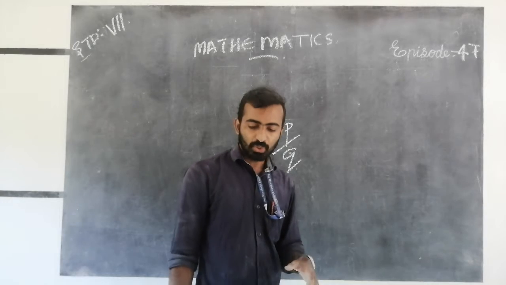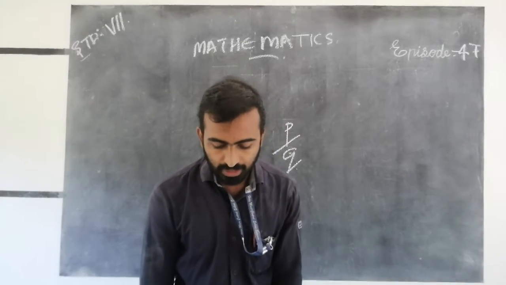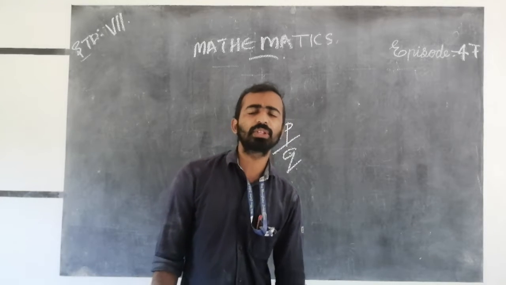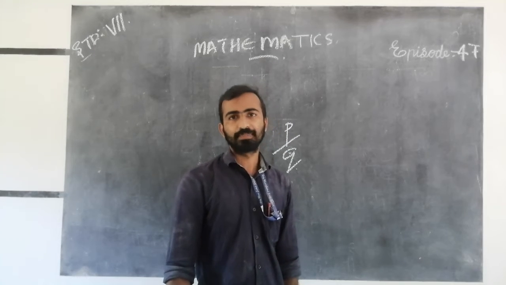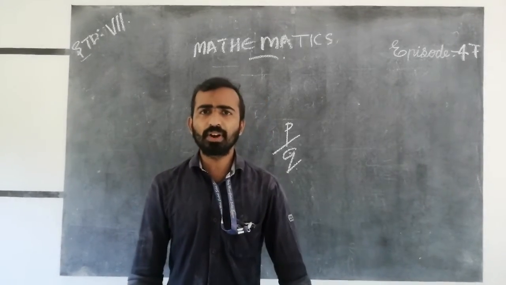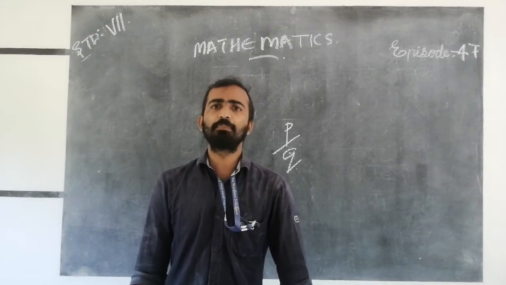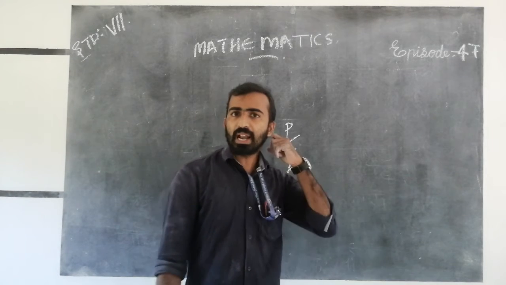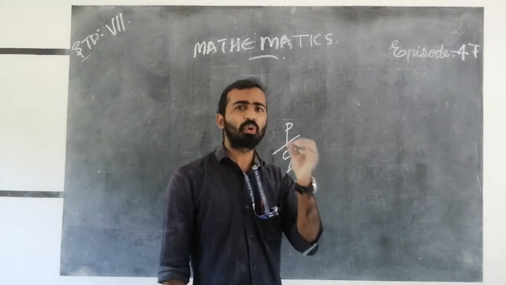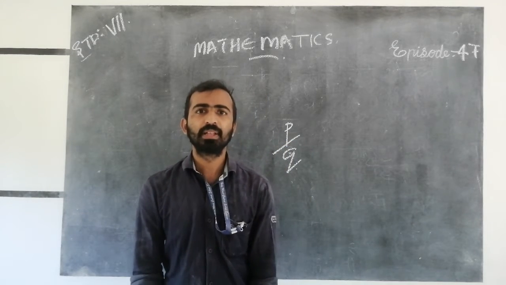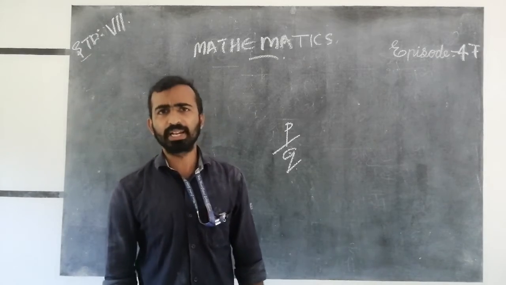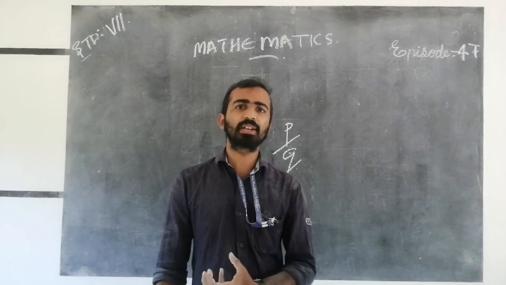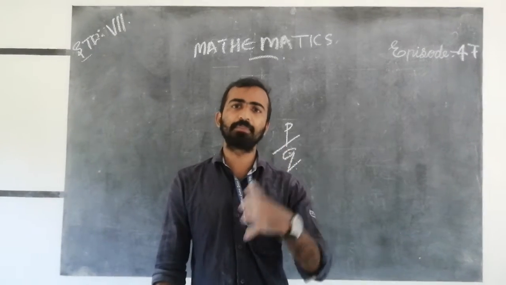Today we are going to discuss the comparison of rational numbers. Already we know the comparison of numbers. When we compare the natural numbers 2 and 4, 4 is the biggest number and 2 is the smallest number. So in rational numbers, in which way do we compare? The first method is to convert the denominators of the two rational numbers to the same.